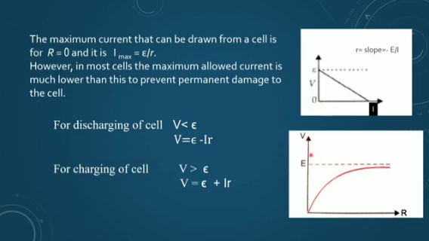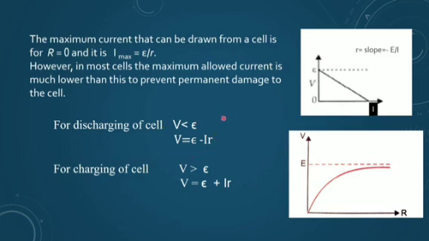So this is the graph for showing the relation between EMF or potential difference with external resistance R. Of course, EMF is independent of the external resistance R, so I will be getting a line parallel to the resistance axis. But the terminal potential difference will depend according to this relation. You can always verify from the formula. This is for discharging of the cell. For discharging of the cell, V is always less than E. So V equals E minus IR, this formula.